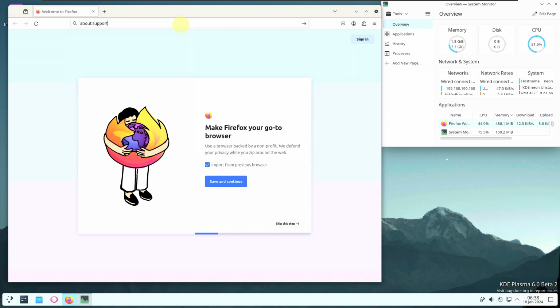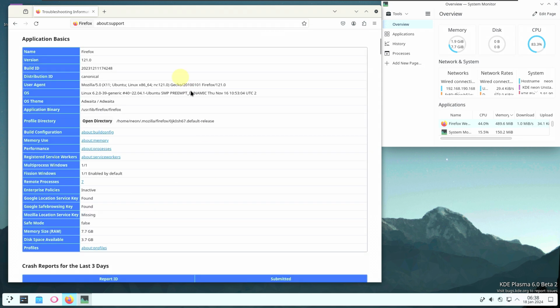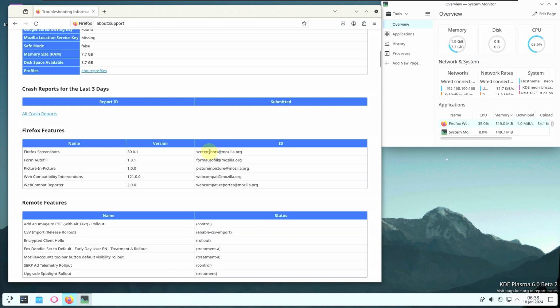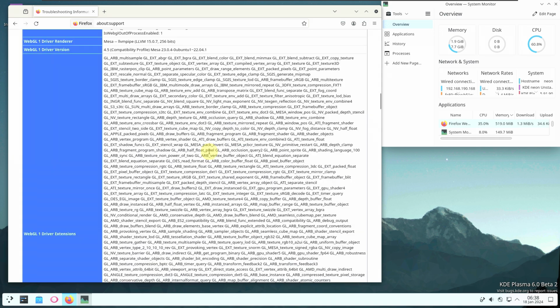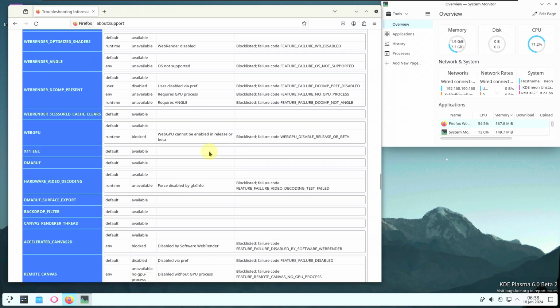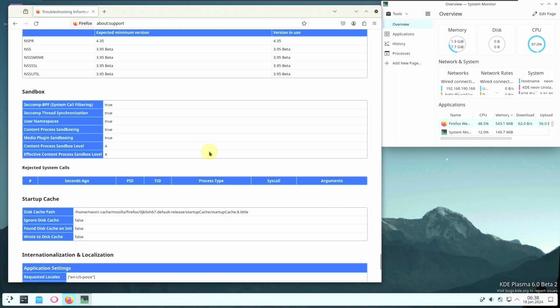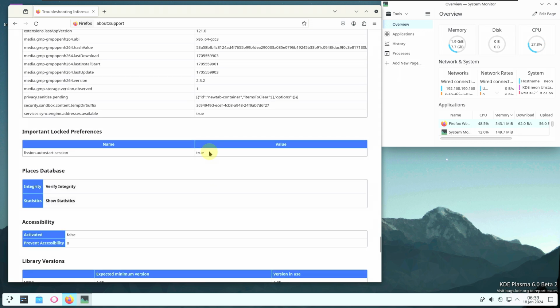So here is the about support. Here is some of the information. You can just pause the video and read everything on your own. Instead of me reading and making the video lengthier, you can just pause the video, or you can change the playback speed in the YouTube settings and change the speed to 0.25 to see all those things in slow